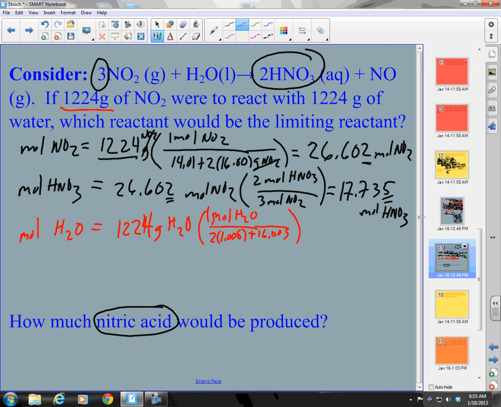Okay, so what is that? So 16 plus 2 times 1.008 equals, okay, 18.016. So I'm going to divide that into 1224, and it looks like